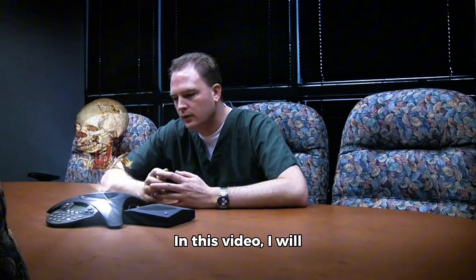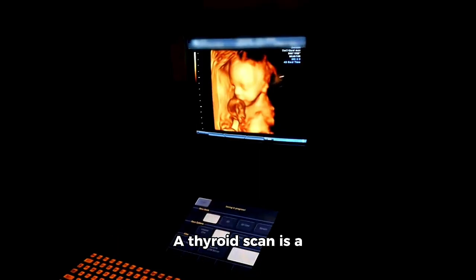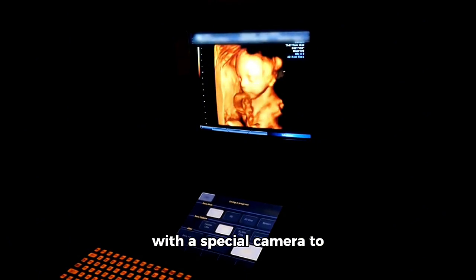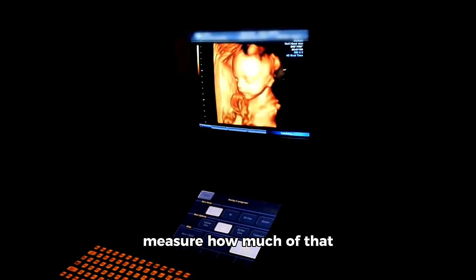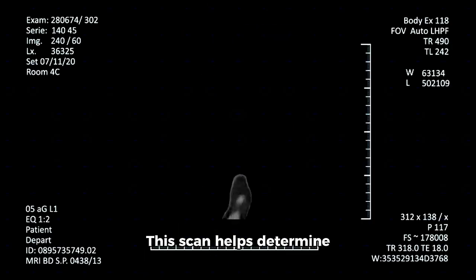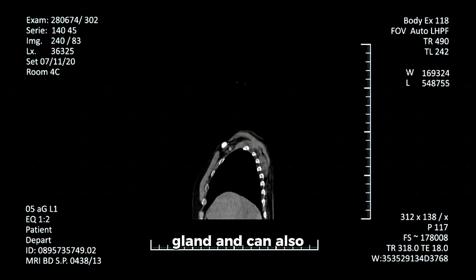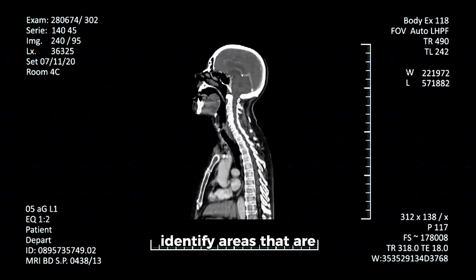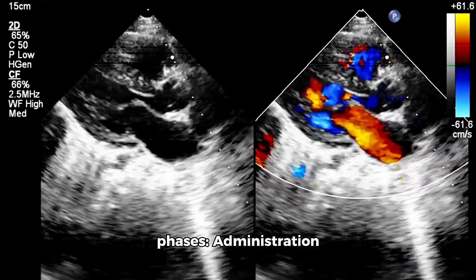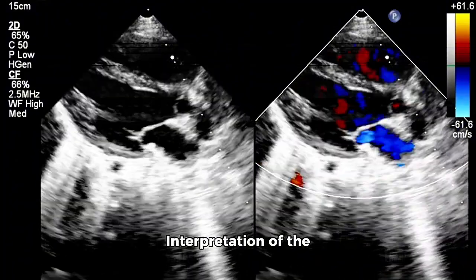In this video, I will explain the thyroid scan and the use of radioactive iodine. A thyroid scan is a nuclear medicine examination that uses a radioactive tracer along with a special camera to measure how much of that tracer is absorbed by the thyroid gland from the bloodstream. This can help determine the size, shape, and position of the thyroid gland and can also identify areas that are overactive or underactive. The thyroid scan consists of 3 main phases: administration of the tracer, image acquisition, interpretation of the